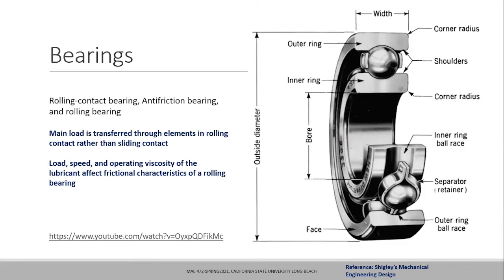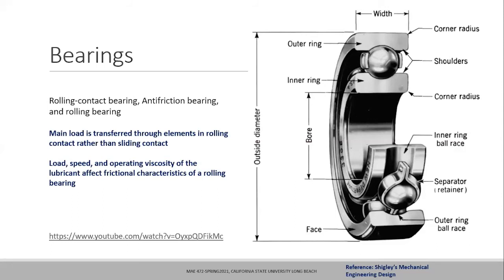So if you look at the video, the assembly steps are basically: the outer ring is first placed in there, and then the balls are placed, and thereafter the inner ring is assembled, and then the separator is assembled along, to make sure that the assembly is properly done. And then the final component is the seal, which is basically to prevent ingress and egress of dust in the assembly.